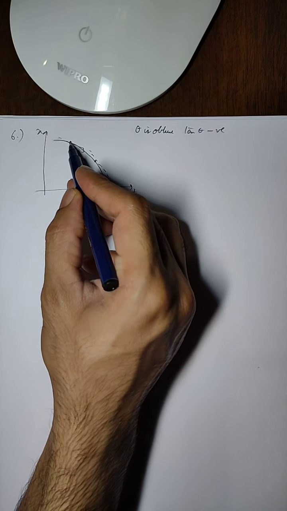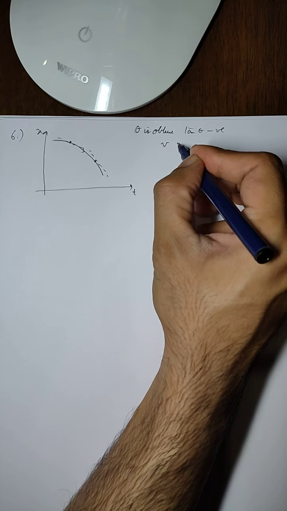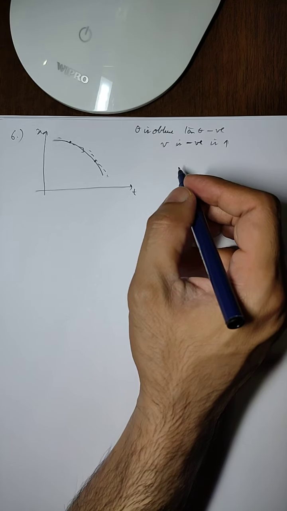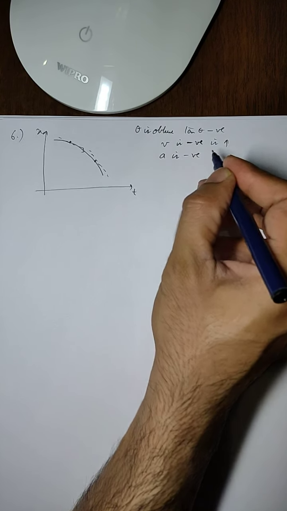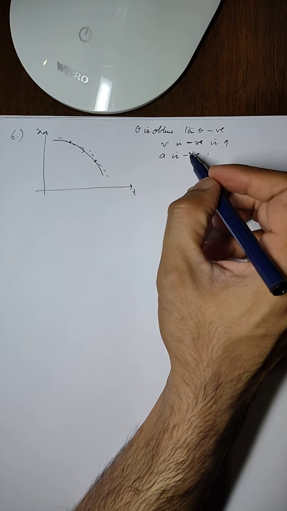As we are going from this to this, the velocity is increasing because the slope is negative. That means the velocity is also negative. And when the velocity is increasing in the negative direction, so velocity is negative and it is increasing because tan theta is negative and tan theta is increasing as we are coming down. So this kind of motion is possible when acceleration is also in the negative direction and it is increasing. So the acceleration will be negative and velocity is also negative.